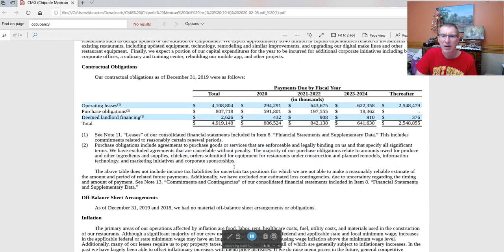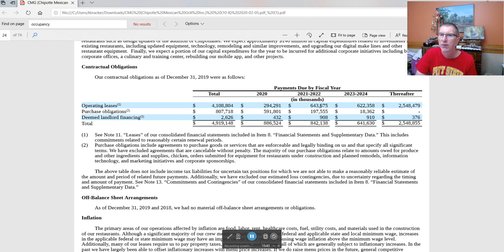And I see we're getting about 15 minutes, so I'm going to wrap this up pretty quick. Contractual obligations. So I mentioned the idea of operating leases. Leases used to be off balance sheet. Now they are on the balance sheet as obligations that the company owes. So the company has about $4 billion in operating leases that they have to worry about. Those are going to come off